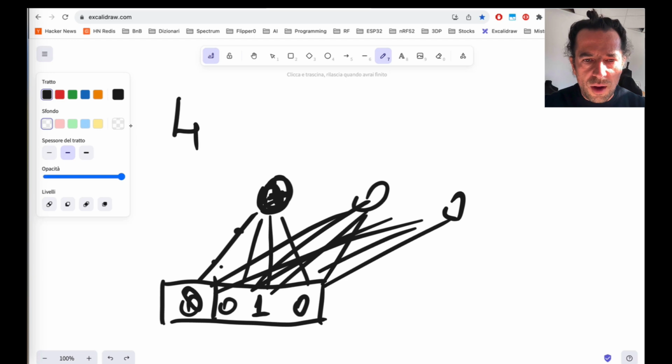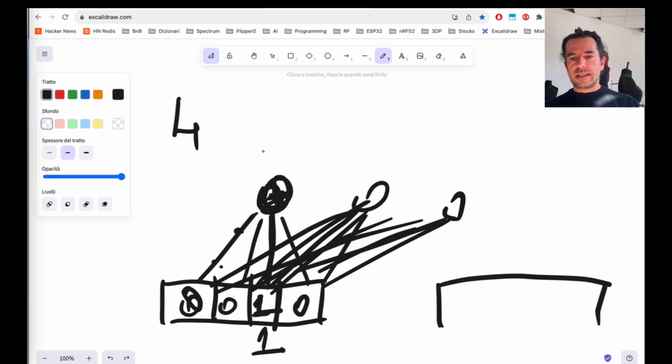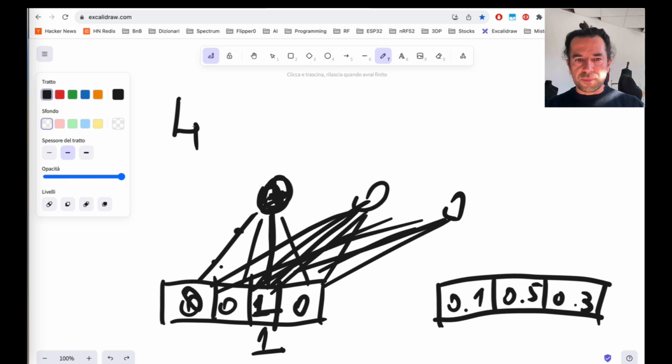Only this one, which is 1, will use the weights. So my activation will be driven only by this one: this weight, this weight and this weight. If I write this vector of the weights, I will have, for example, 0.1, 0.5 and 0.3, which are my weights, and these weights will be learned during the training.